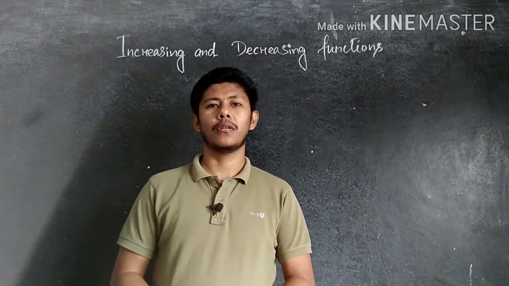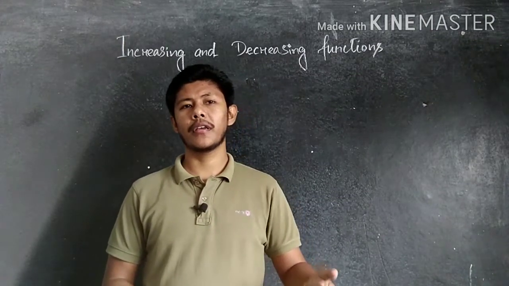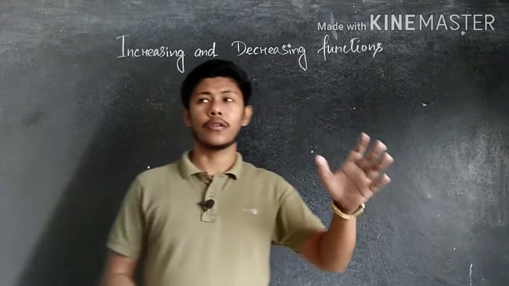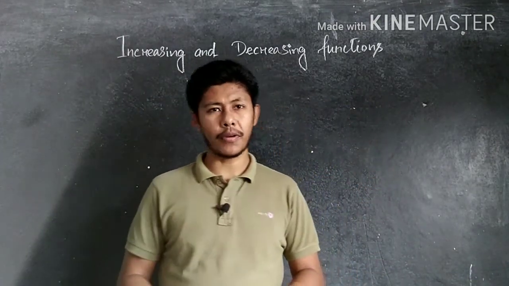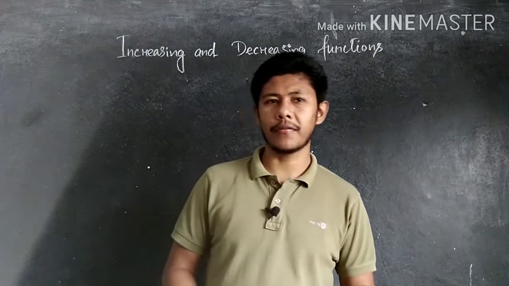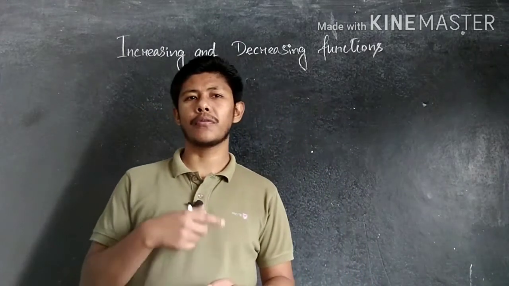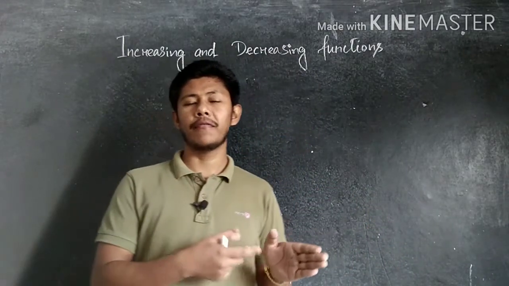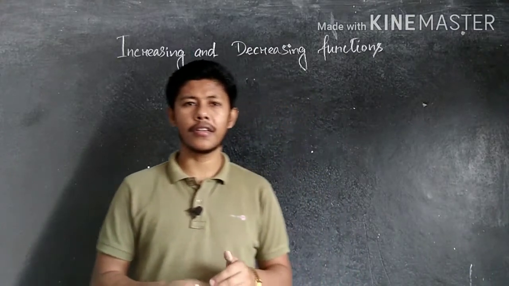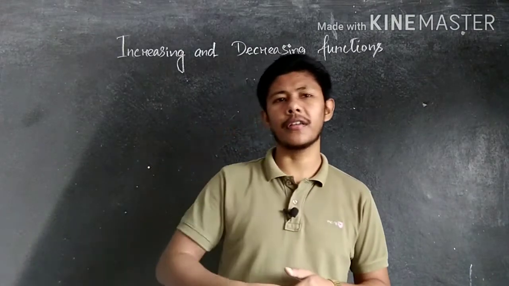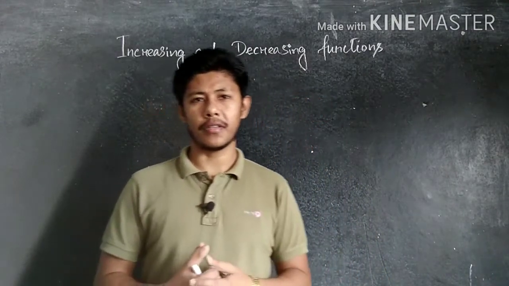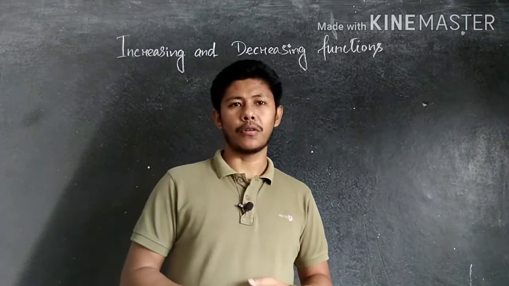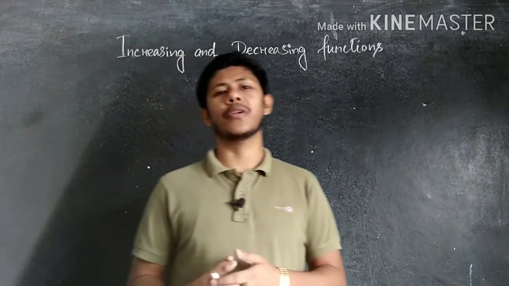Students, today we start the next part: increasing and decreasing functions. In this topic, we already discussed what an increasing as well as a decreasing function is. When we draw a graph, we always check from the left-hand side: if the curve increases, it is an increasing function, and if the curve decreases, it is a decreasing function. Already we discussed this. Now the graphical representation we have done. Today we start the mathematical representation.